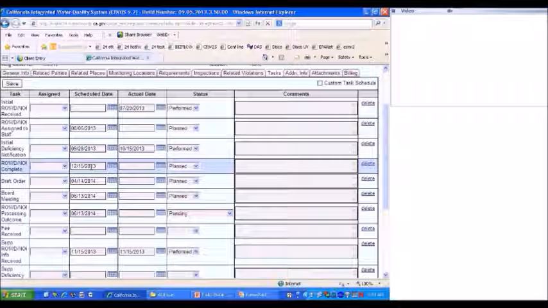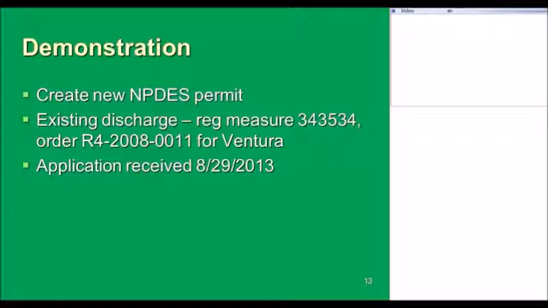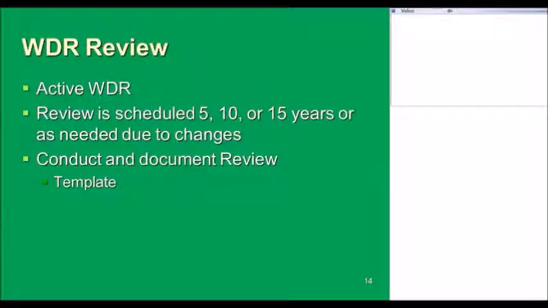Again, it can be overwritten if needed, but again, that's the idea, that we get more tasks populated so we can schedule out our workload. So we'll go back to our presentation and move on to